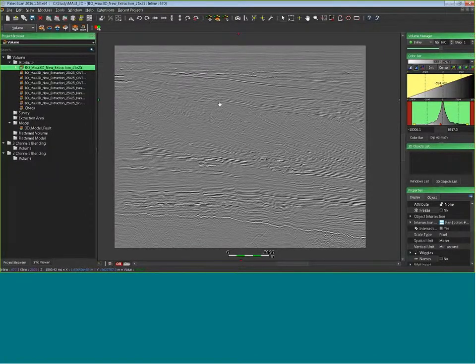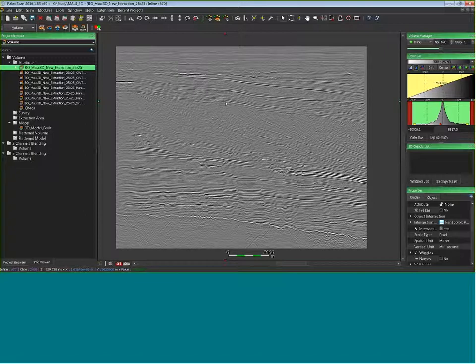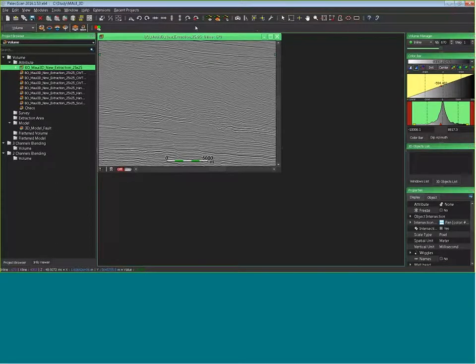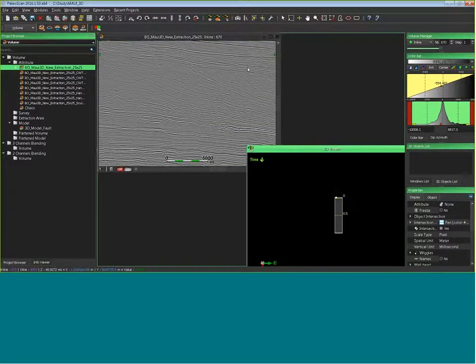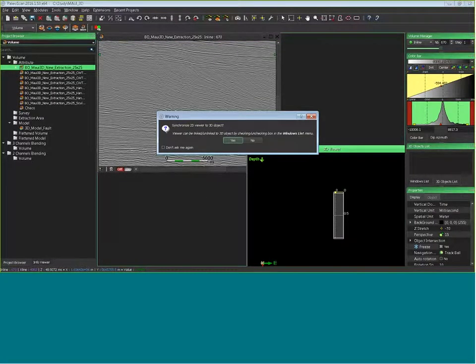On the current release of PaleoScan, if you want to synchronize a 2D viewer with a 3D viewer, it's not possible. Especially for a presentation, if you want to scroll and move a 2D viewer and a 3D viewer at the same time, it's not possible. On the next release of PaleoScan, if you right-click on the top bar, you can display the 2D view and 3D view. It's already available, or you have access to this option from the shortcut F3. And you will have a new warning message.